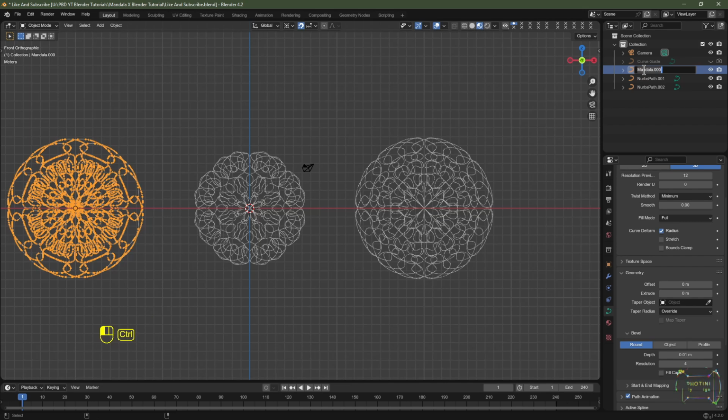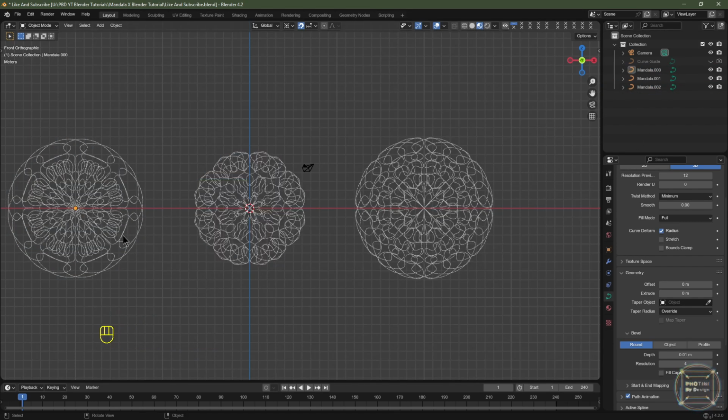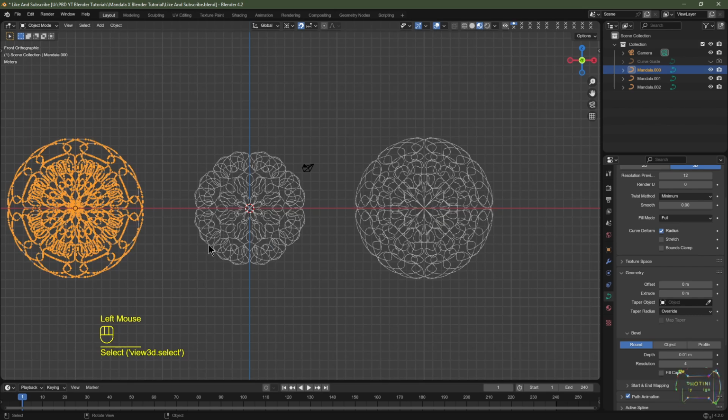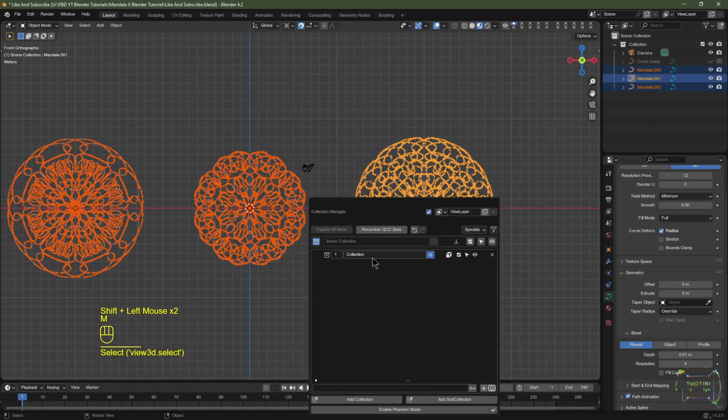I'll then highlight that name. I'm going to hit Control C. I'll then double tap this one and hit Control V and then enter, and that should rename it in numerical order. I'll then double tap this one, hit Control V and enter. Maybe it's a good idea to move these to a collection. Left click select this one, shift left click select, and shift left click select. I'm going to hit M for move, and I'm going to click add collection, and I'm going to rename this